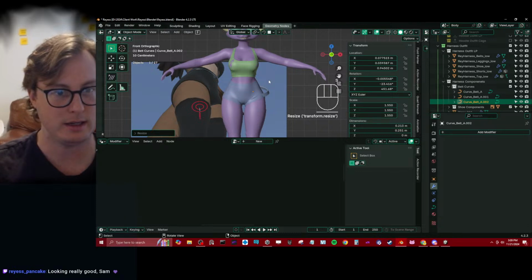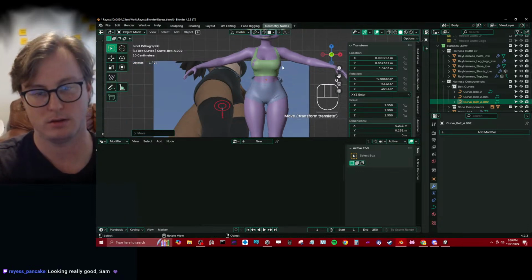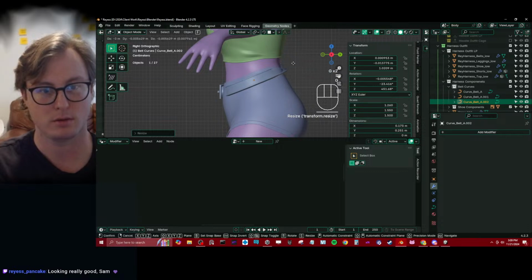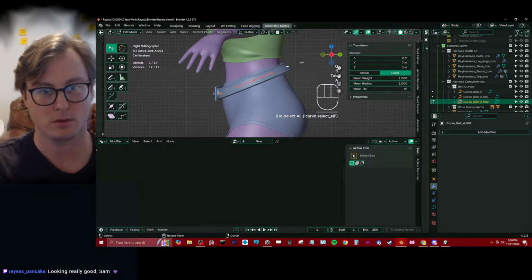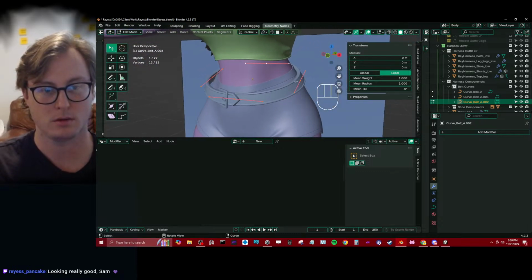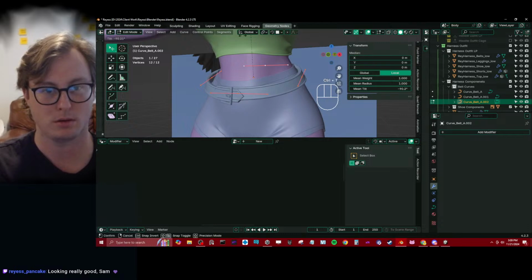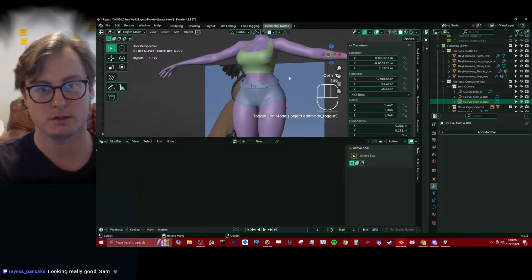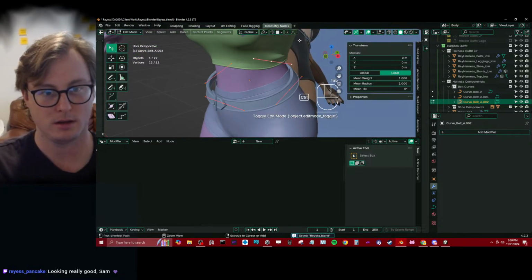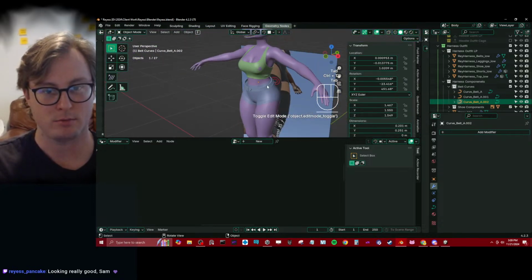Whatever belt I need. But it does look like we've lost the tilt. And that must be